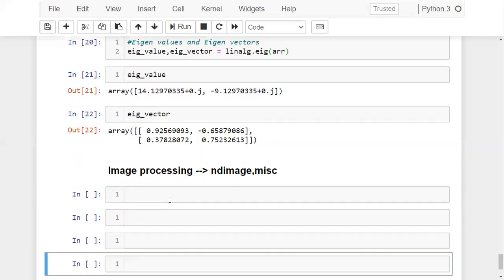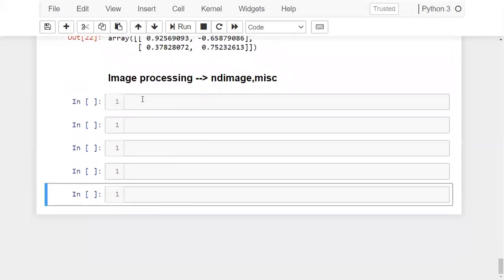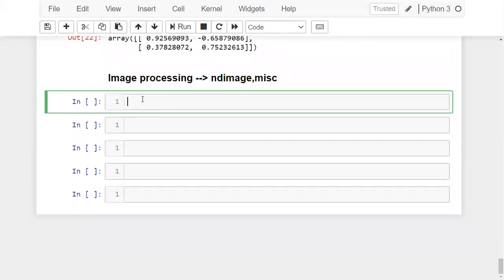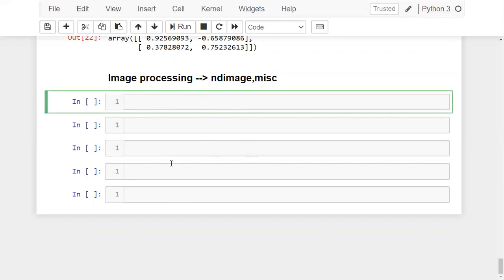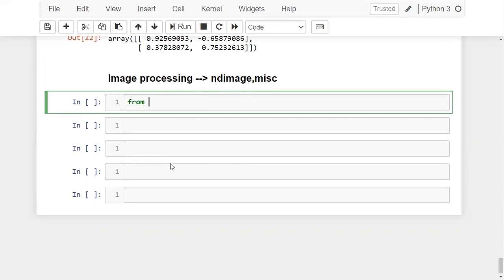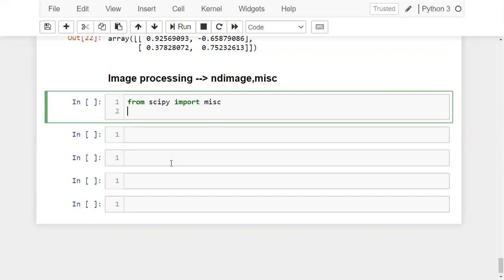Now you look at the screen once. So what we are going to do here, from misc we'll be importing some image. Based on that imported image we are going to perform some operations. Okay, first import that misc from SciPy. I'm writing from SciPy import misc.